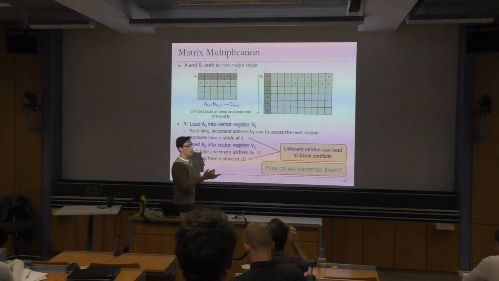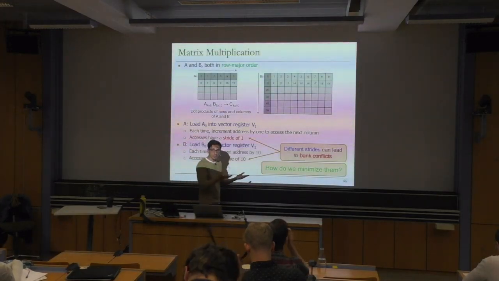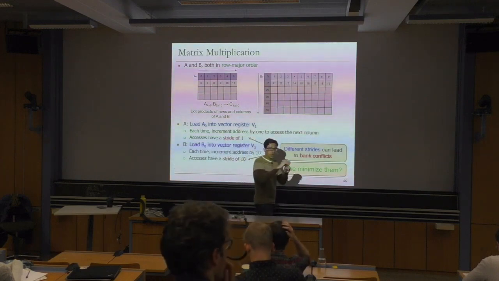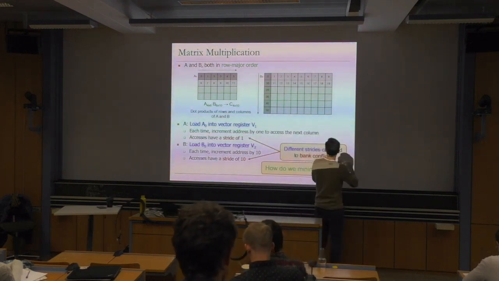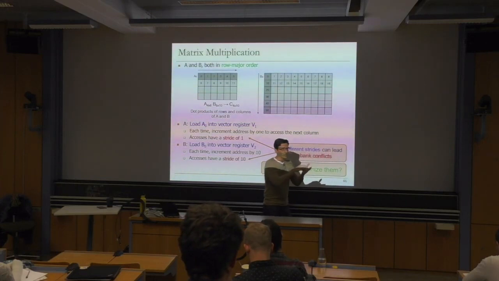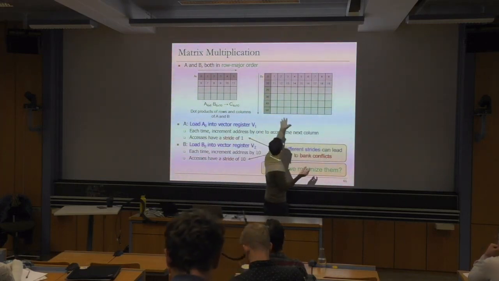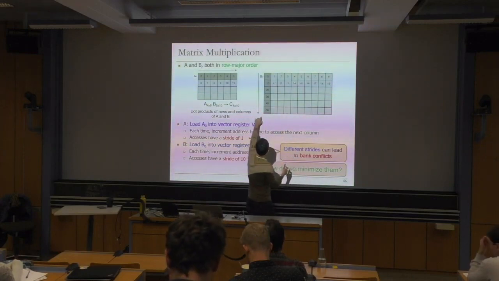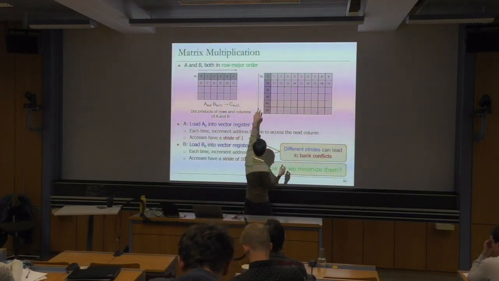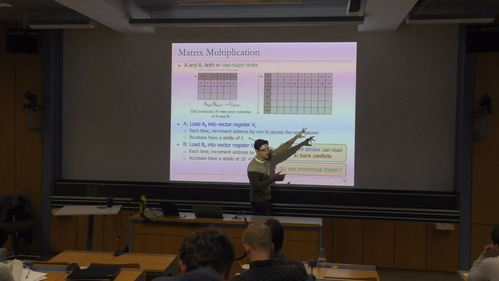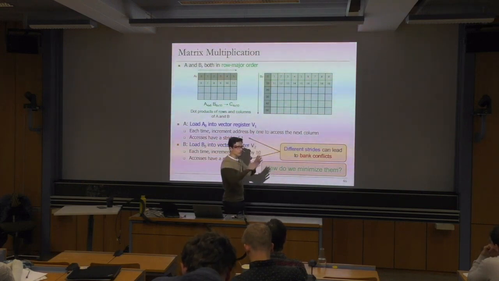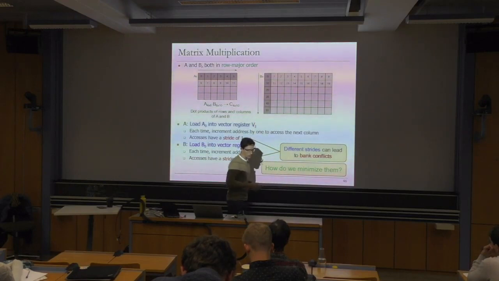One possibility is to add some padding. Padding means that we are adding, scattering, some memory positions that we are not really using. For example, here, instead of having a matrix of 6 times 10, what we could do is reserve a little bit more space for this matrix, such that instead of having this